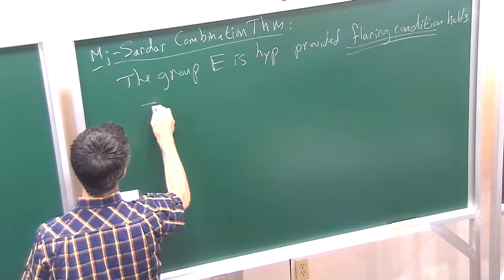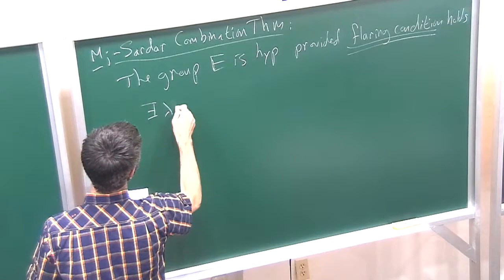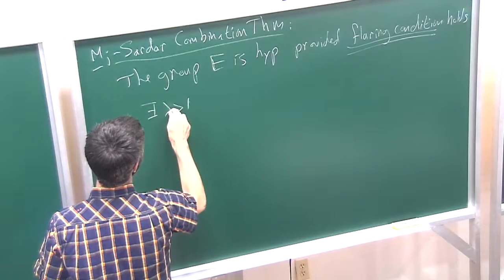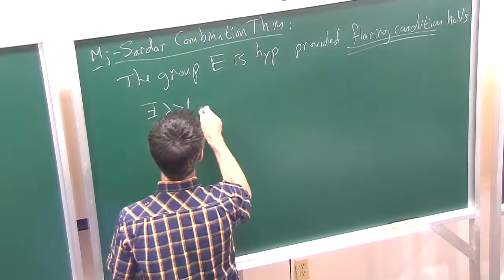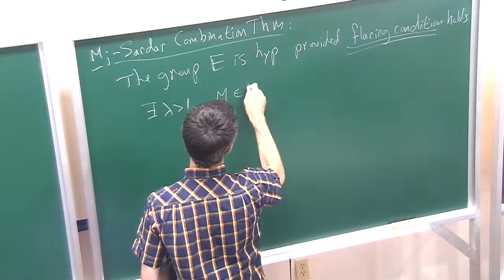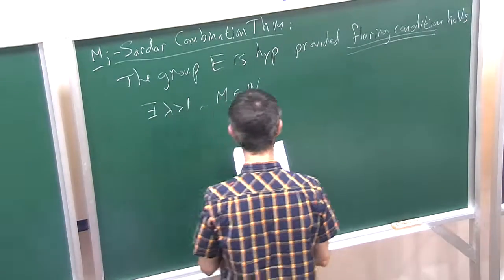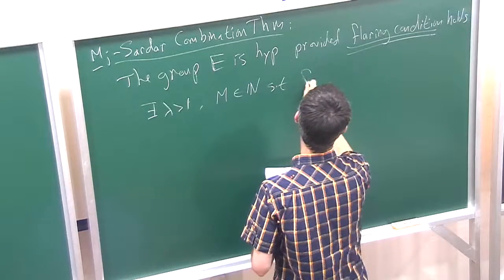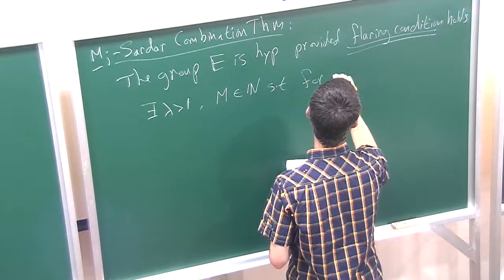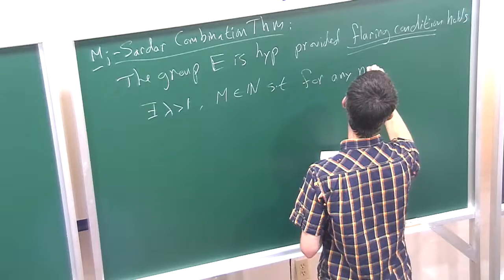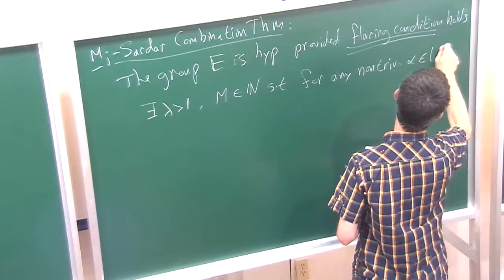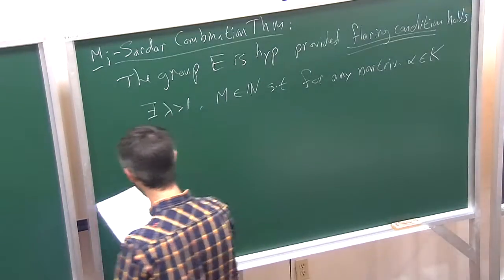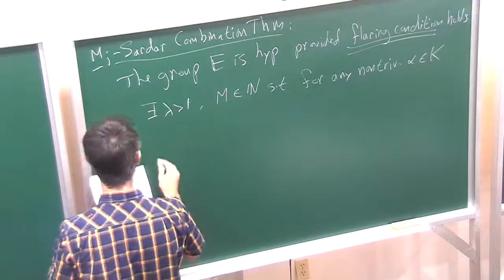The condition says that there should exist some number lambda bigger than 1, a multiplicative exponential growth factor here, and some other natural number m, such that for any non-trivial conjugacy class alpha in K, I'll just think of an element, but I really care about its conjugacy class, and